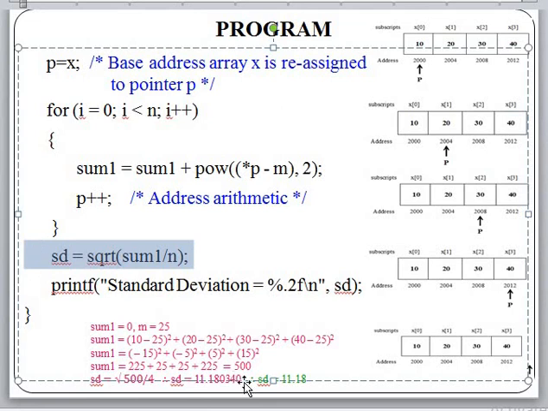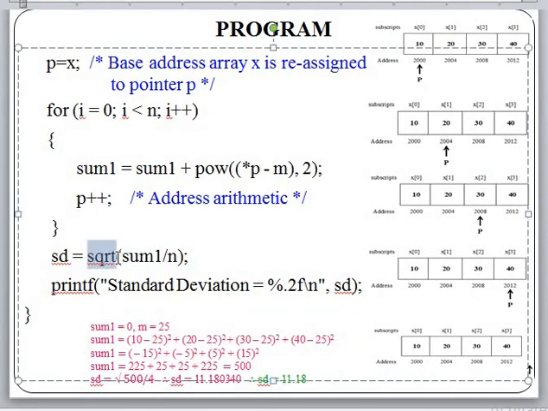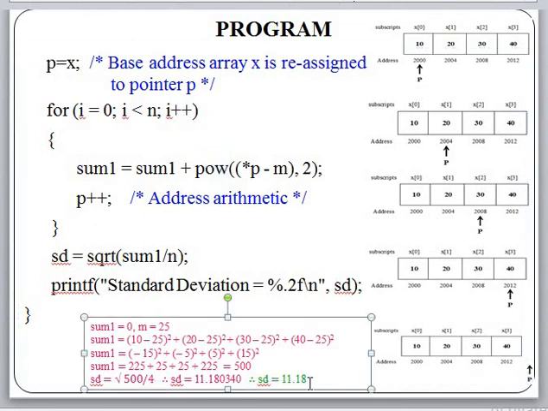We know that sum 1 is nothing but 500, and this 500 is divided by 4 and its square root we have to find. Now we can see here sqrt and pow, these two are mathematical functions used in this program. That's why we are using math.h in this program. At the beginning we included hash include math.h. So now sqrt of sum 1 divided by 4, that is the square root of 500 divided by 4. So we'll have standard deviation equal to